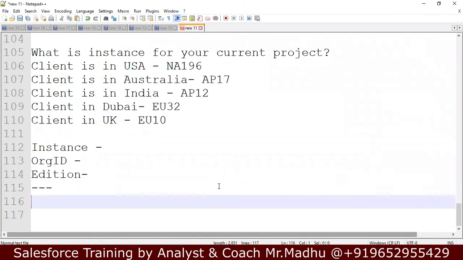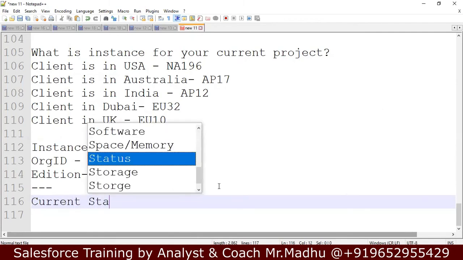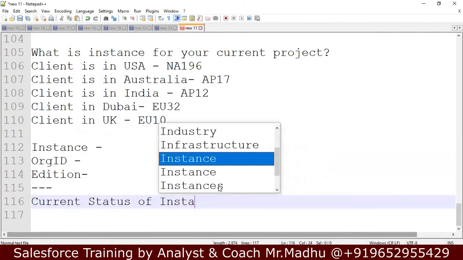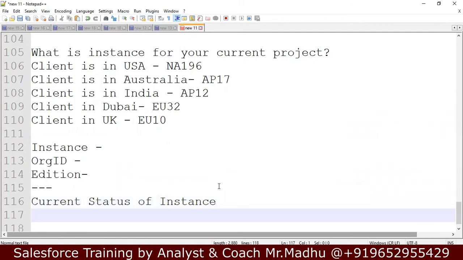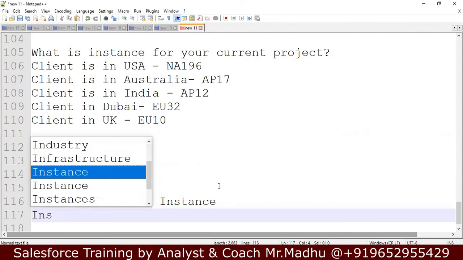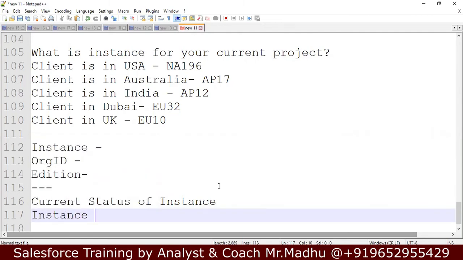In status.salesforce.com, you can check the current status of an instance by entering the instance number.